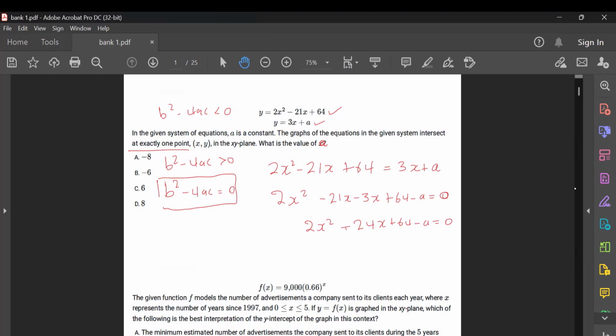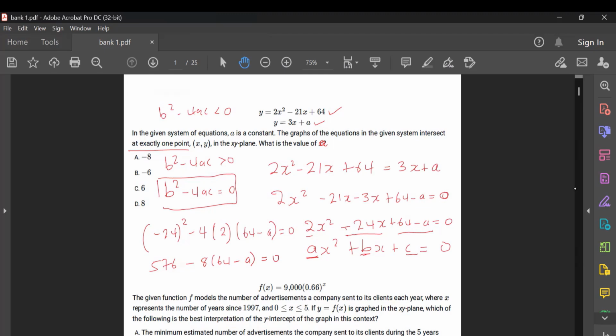And looking at the equation we have, you can clearly see that if we rewrite the general equation below this, just for purposes of comparison, the value of a is 2, the value of b is negative 24, and the value of c is 64 minus a. So which means we shall have minus 24 squared minus 4 into 2 into 64 minus a equals 0. So when we work this out, we'll have 576 minus 8 into 64 minus a